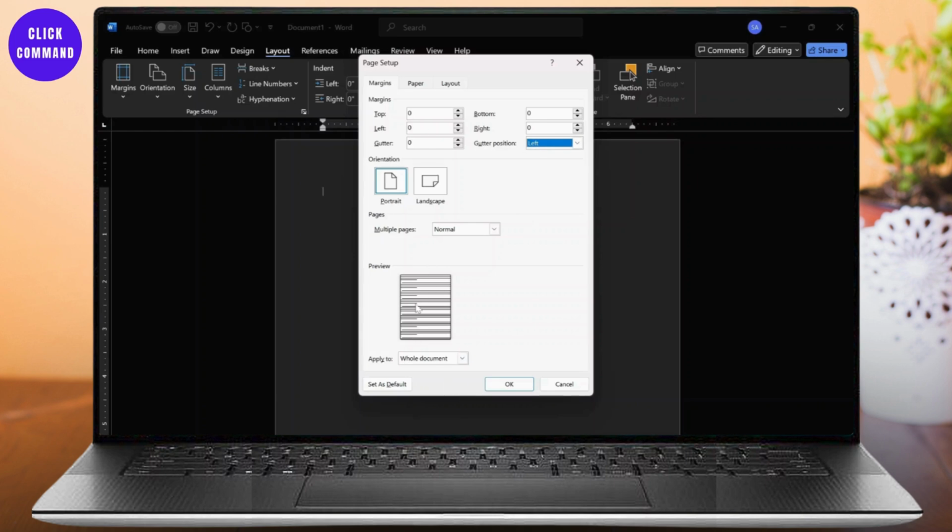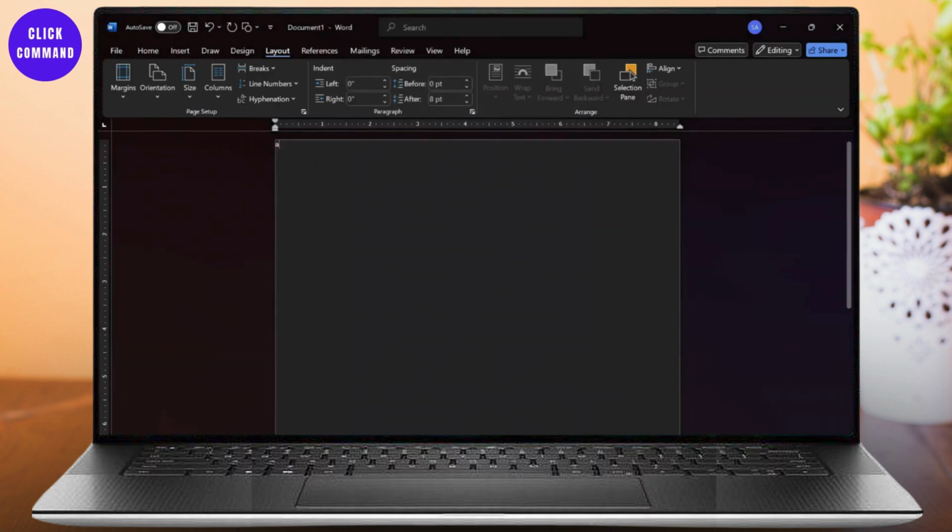Now, as you can see right here, this is the preview for your document. As you can see, there is no margin here. Now tap on done and you're good. Now, as you can see, if you keep on typing, you will see that there is no margin available for